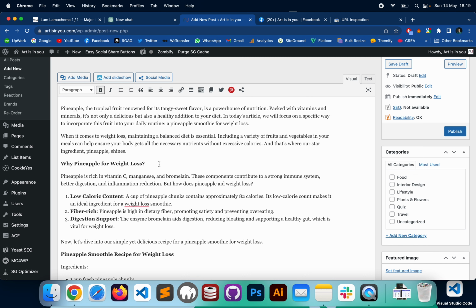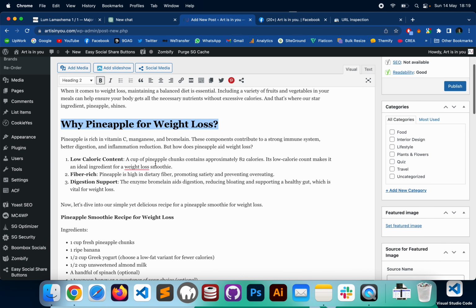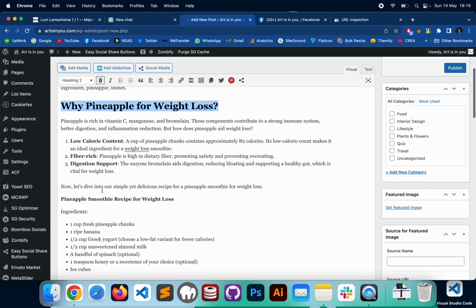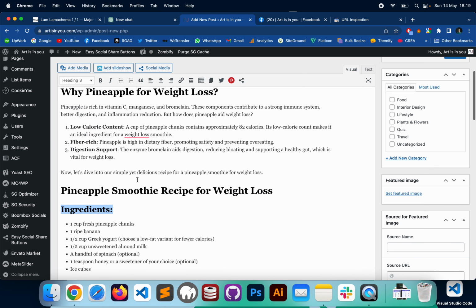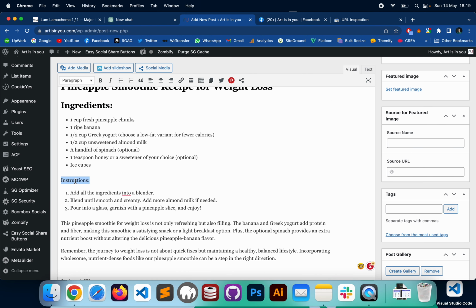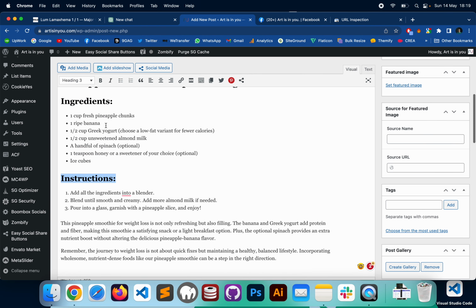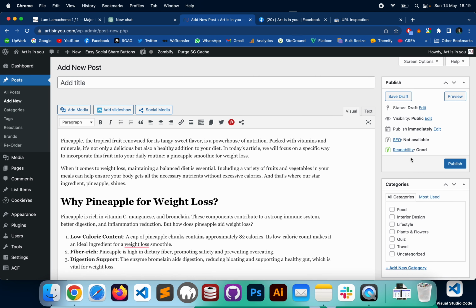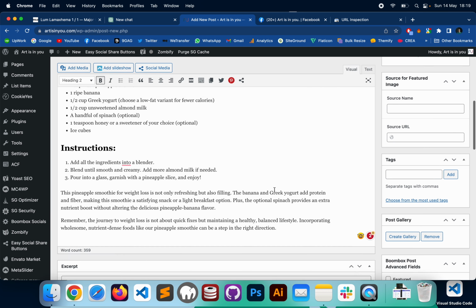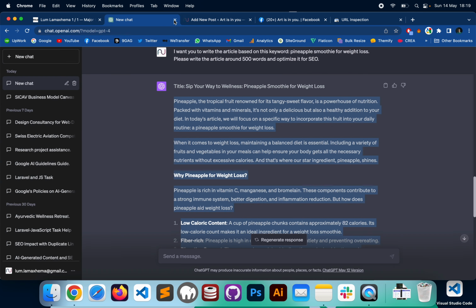Okay, I need to fix these into H2. These can stay as they are. These can be H3. So right away we see readability is good. So that's a good start. We need to put the title,